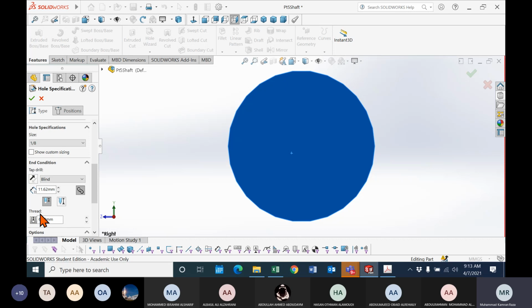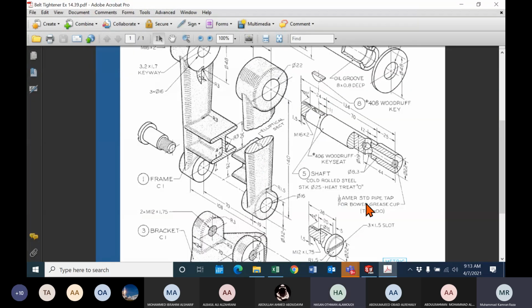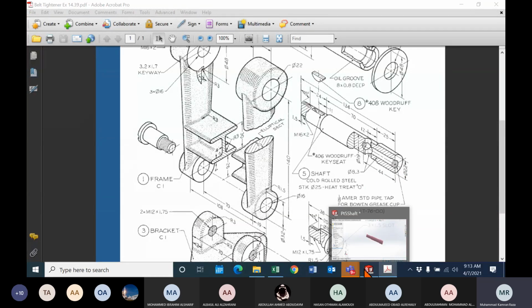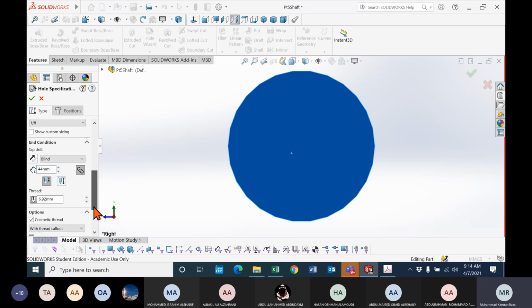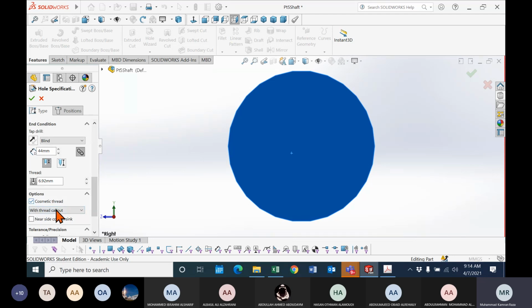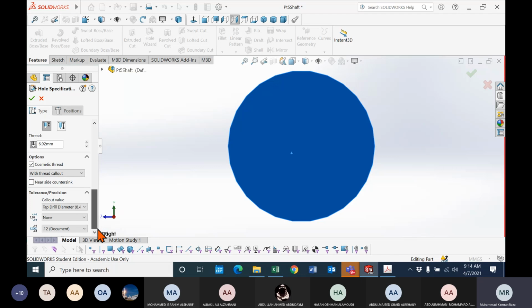How much is given to us? This is the depth of the total hole, it is given as 44. The thread depth will come automatically. So put 44 here, and this will come automatically, 6.9. This depends on the size; if you take 1/8 inches, this is the standard thread depth, 6.92. Select the cosmetic threads, and that's all.